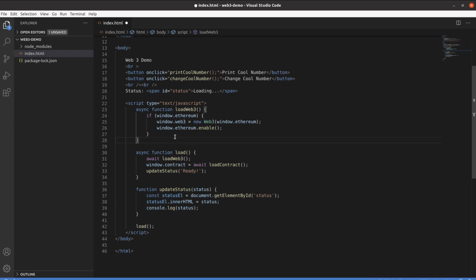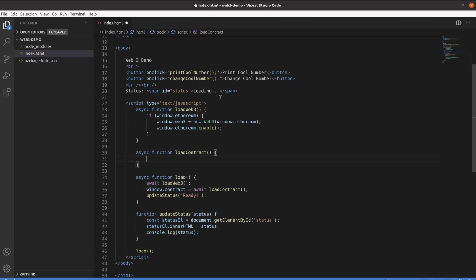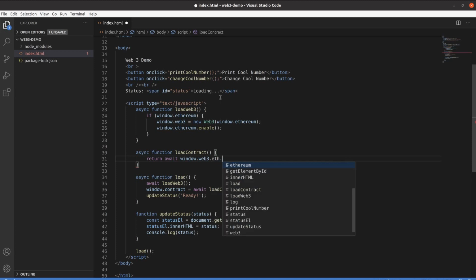and this function is going to be a little bit complicated compared to the rest, and let's see what I mean by that. So we have our function called loadContract as we define, and then we're going to simply return await. So we're going to return the contract, right? So to get an instance of the contract, we need to call the Web3 instance that we have on our global window instance, .eth.Contract. And the method Contract expects two parameters. The first parameter